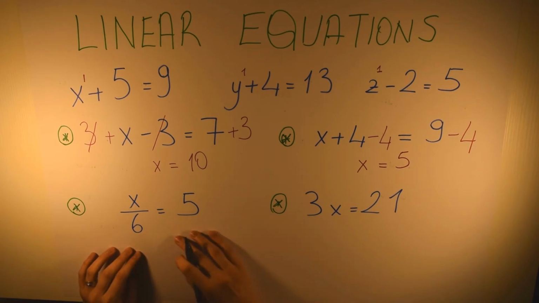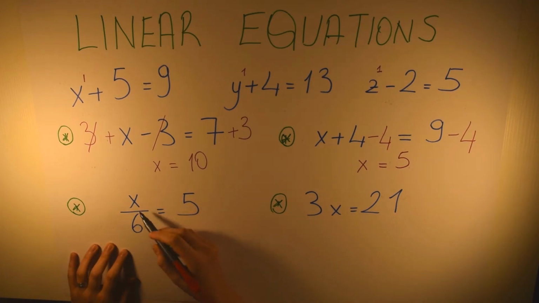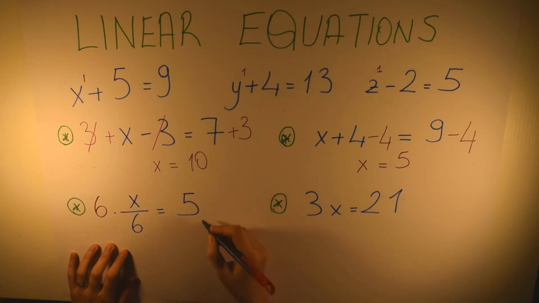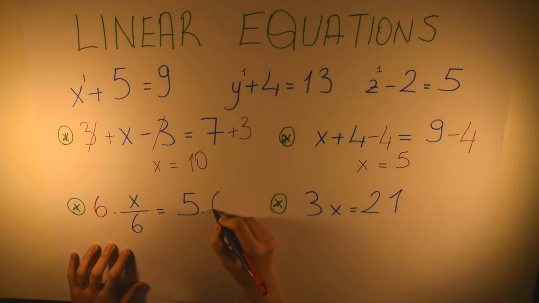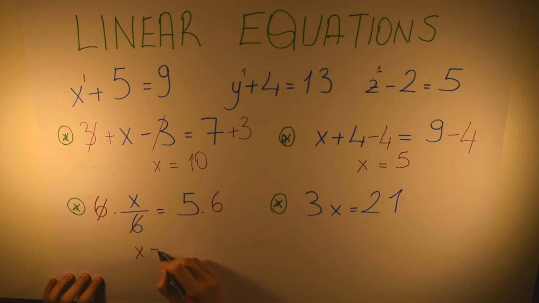When you multiply both sides of an equation, you have to multiply both sides by the same number. For example, here, to leave this x alone, I have to multiply this one by 6, right? So these will cancel out each other, which means I also have to multiply this part by 6. Okay, so these will cancel out, and from here I will get x is equal to 5 times 6,